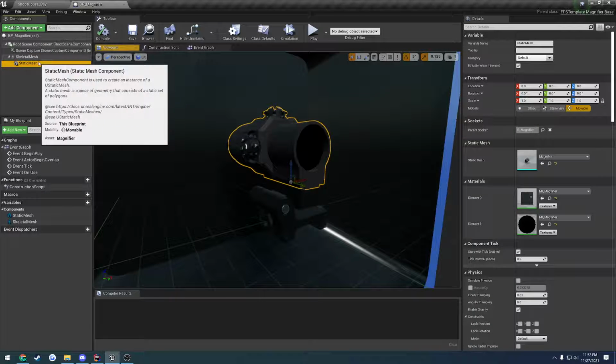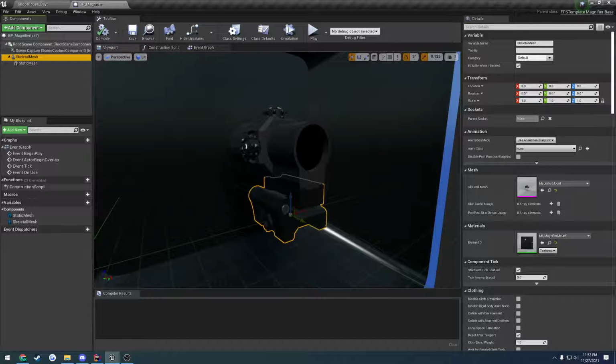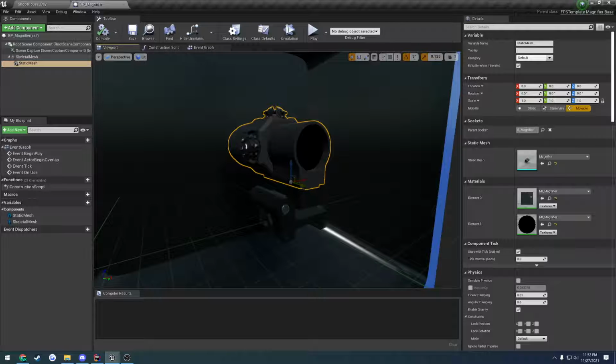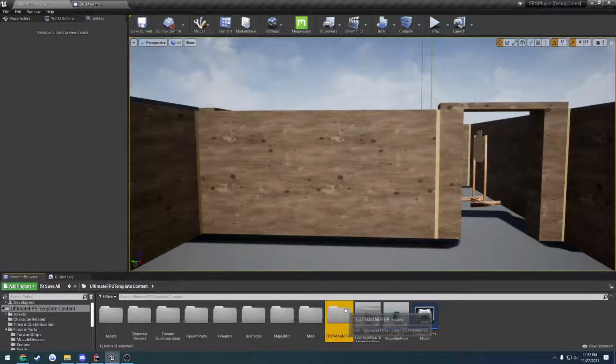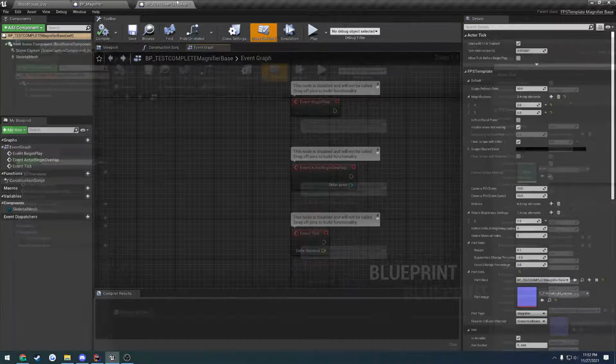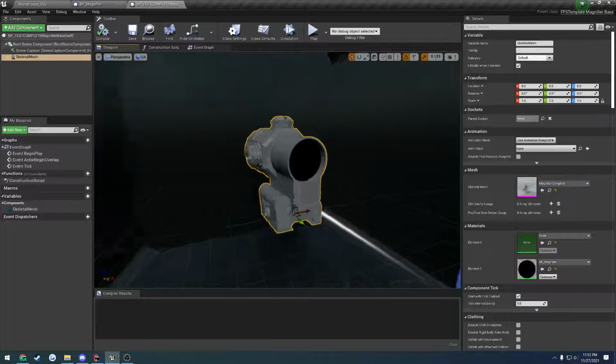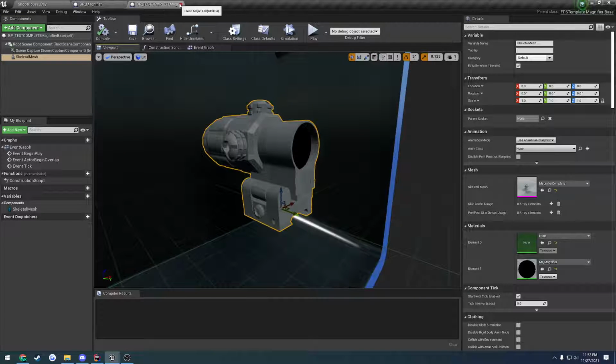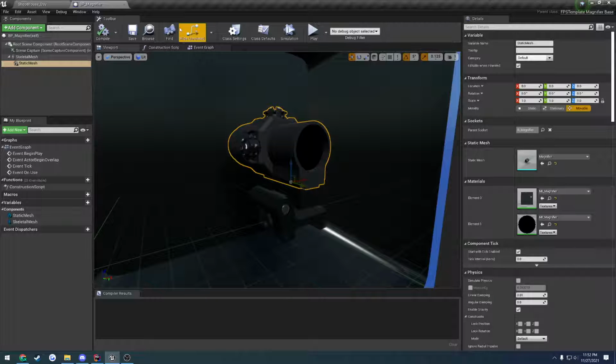So basically, these are no longer fixed. So what I'm going to do is I'm actually going to recreate this really quick and show you how it's done. And I want to do the same thing with the light laser, because that kind of gives a better representation of what to do as well. So this works not only with having a flip mount with a separate magnifier. You also can have a complete unit as well, which I have an example of right here. So this is all one mesh. This will be removed. It is not mine. Actually, the model might actually be the same, now that I think about it. That looks very much the same. Anyways,